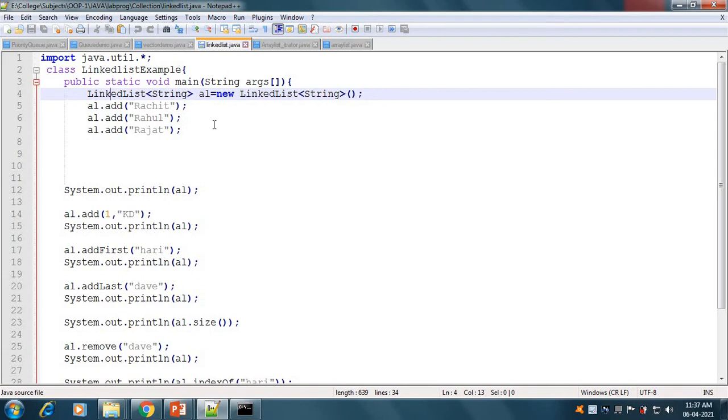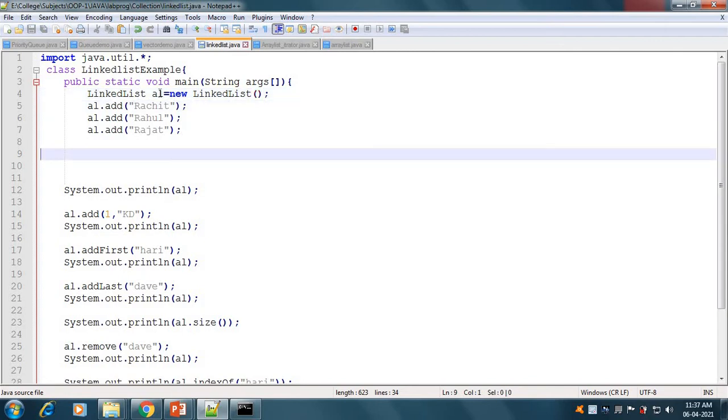It cannot contain other data type values. If we remove this String from here, it can store values of any data type.